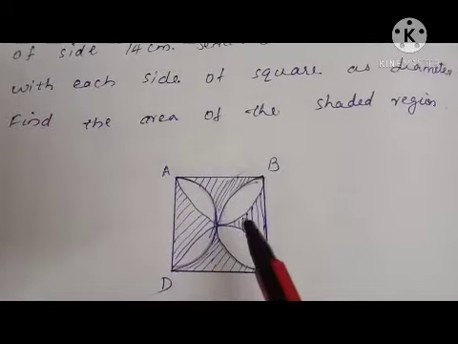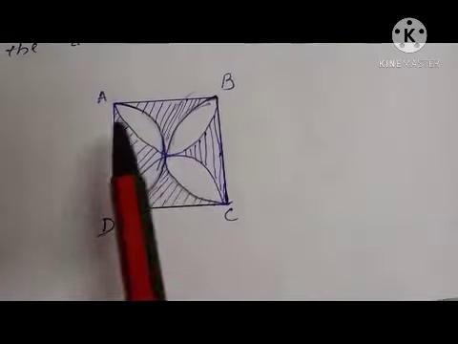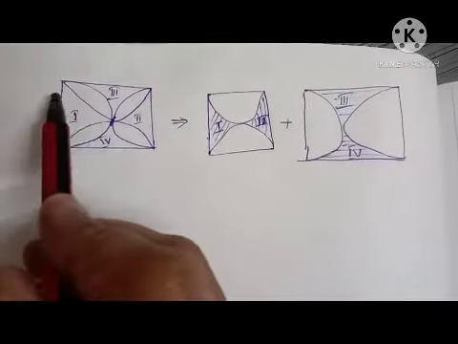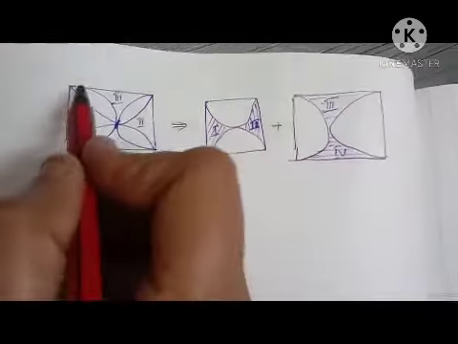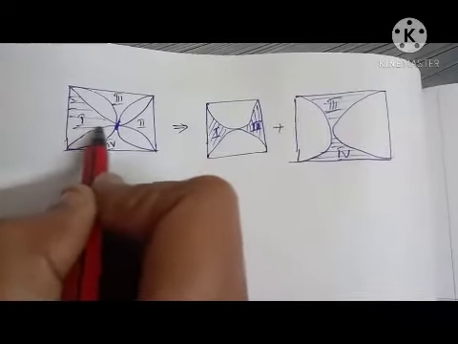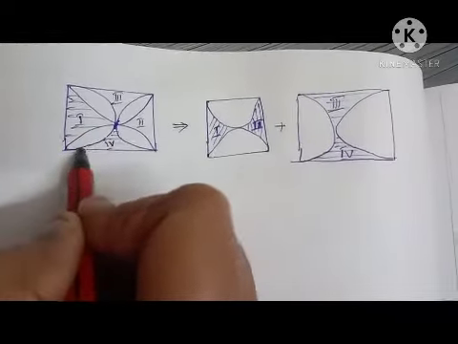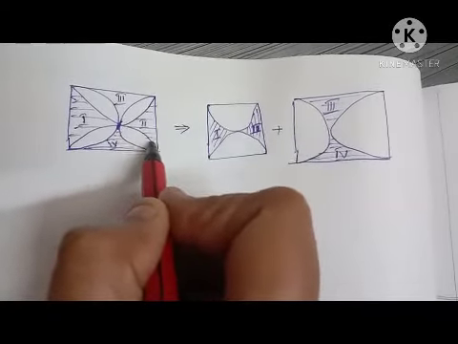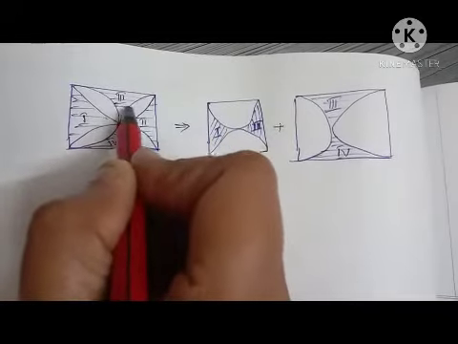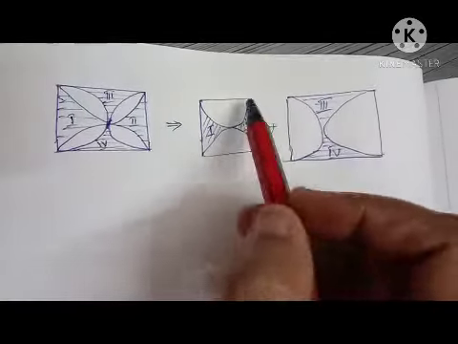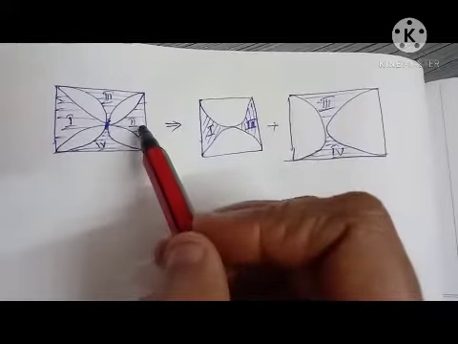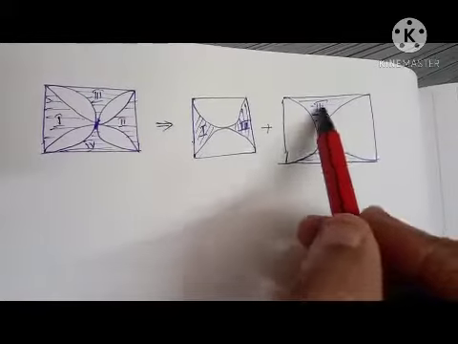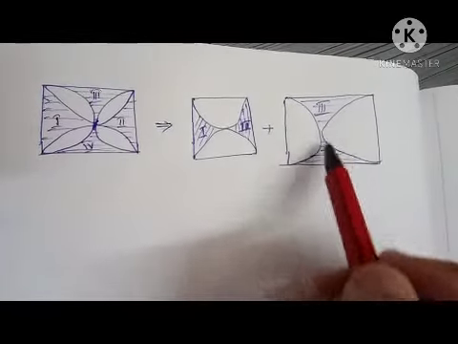Okay, so we can consider the figures which are combined to get this figure. Actually, these are the shaded portions 1, 2, 3 and 4. These are the shaded portions given in the question. So from this figure it is confusing to get the shaded portions area. For that we divide it into two figures. This is the first figure. So for getting this first and second part, we have to consider these two semicircles. And for getting third and fourth part, we have to consider these two semicircles.